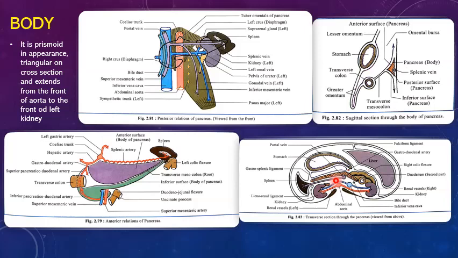Then coming to the inferior surface, it is directed here, see, downwards and forwards, and is covered with the peritoneum of greater sac. This layer, what you are seeing, this line represents the greater sac. So the inferior surface is related to the peritoneum of greater sac, and it is derived from the inferior layer. Here if we see, this is the inferior layer of the transverse mesocolon, right? So this is related to the inferior surface of the body of pancreas.